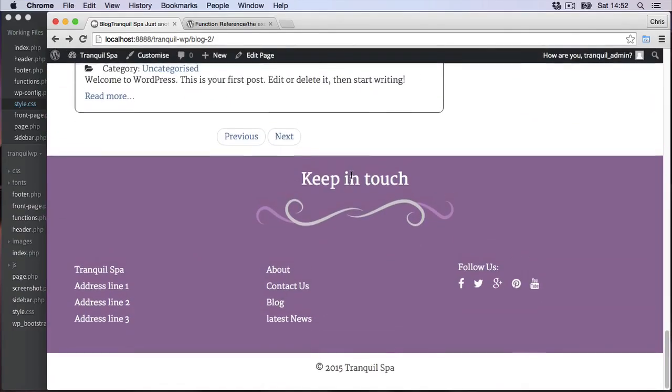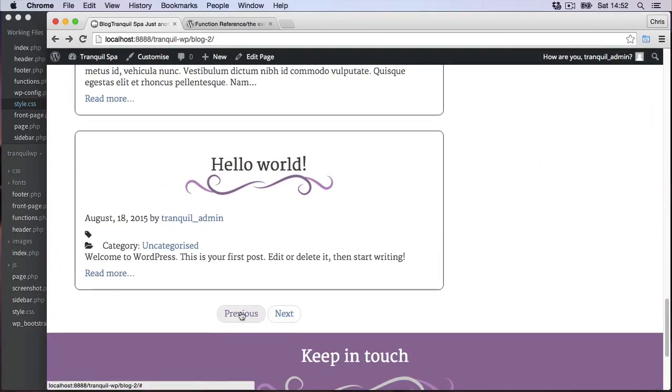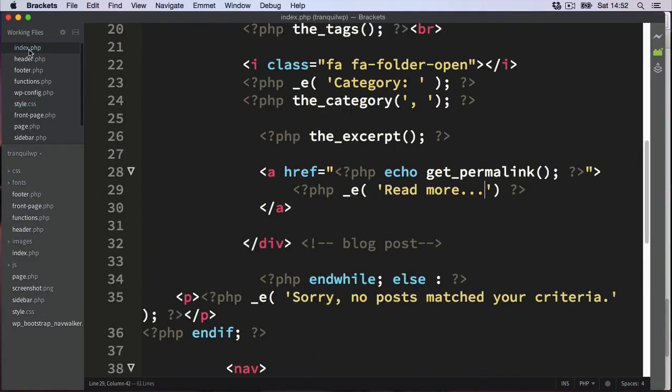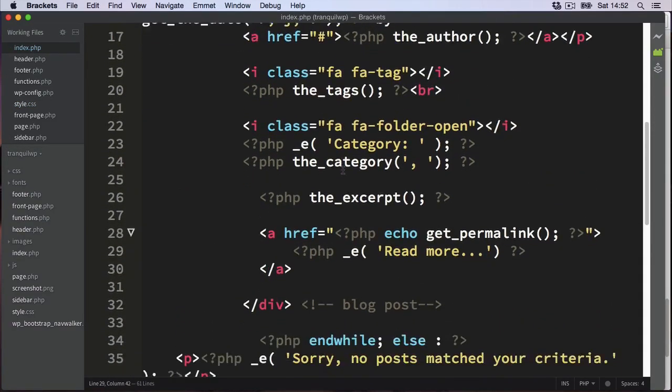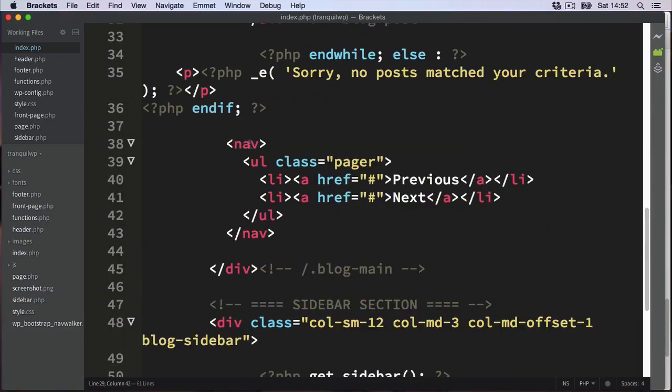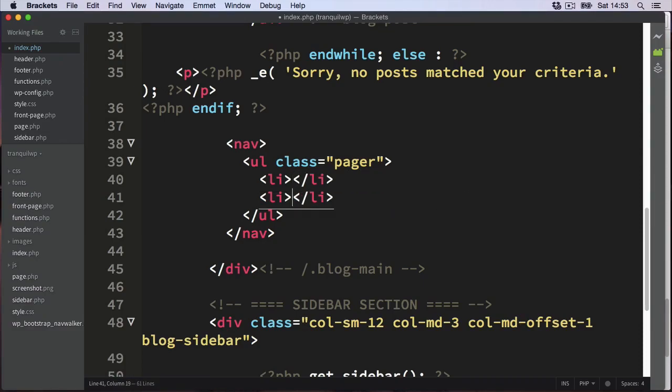Okay, so if we go back down to the bottom of the page, you can see there's the previous and next buttons. So we're now going to get these to work in WordPress. So go back into the index page. And then if we take a look for the pages section. And we can keep the list items set up as they are, but we don't need these links anymore because we're going to put these in a WordPress way. So we can just delete the hyperlinks of previous and next. And to get the next page of posts, insert the PHP